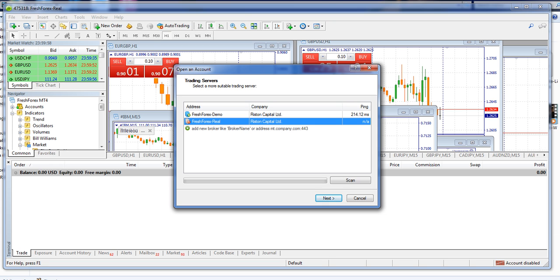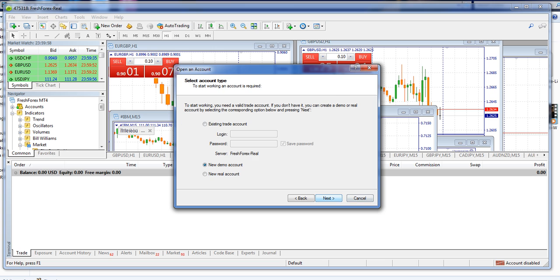It is usually used when someone is trying to get used to the system, or trying to gain some skills. Then this is the real-time server, for those who are trading real money. We use this platform to trade. So if you select the real server and say next,